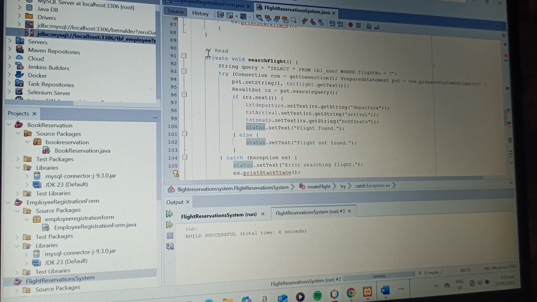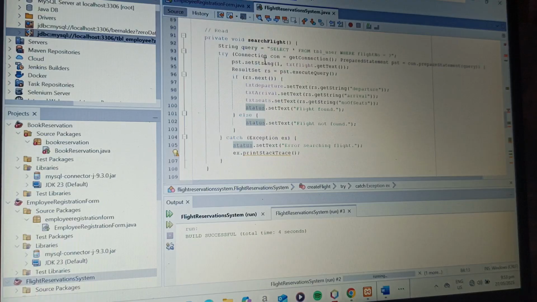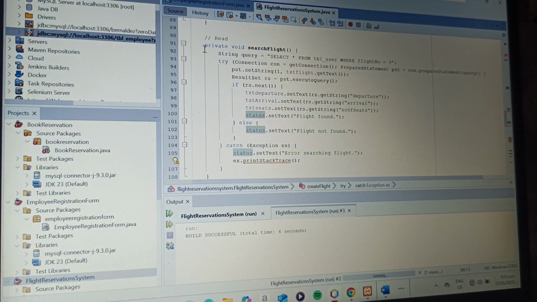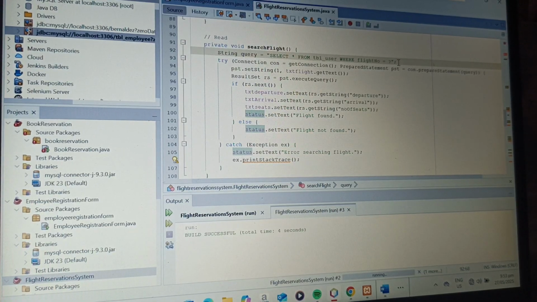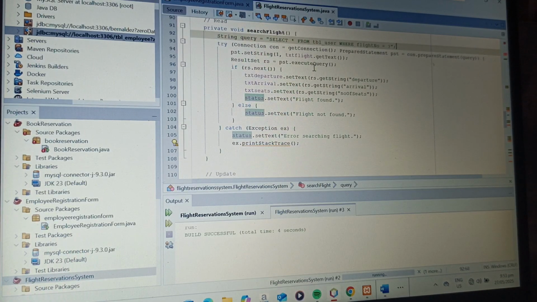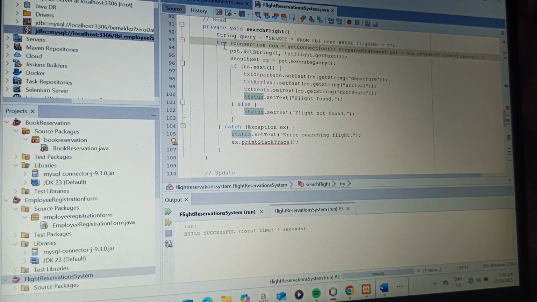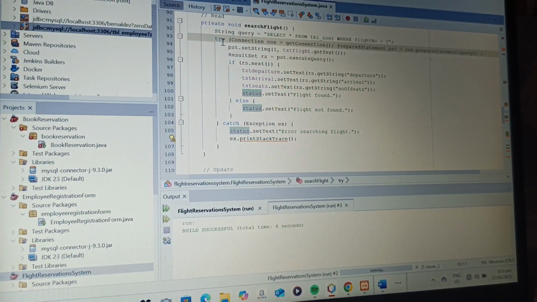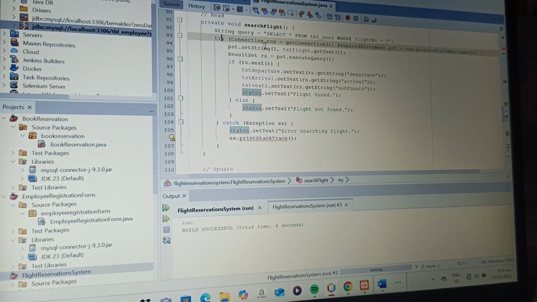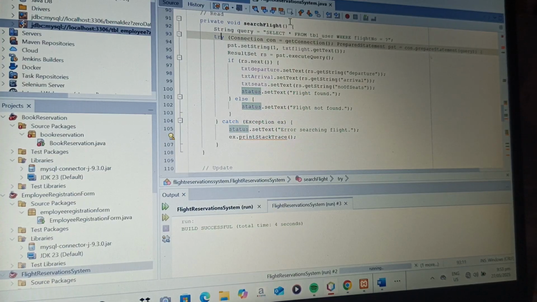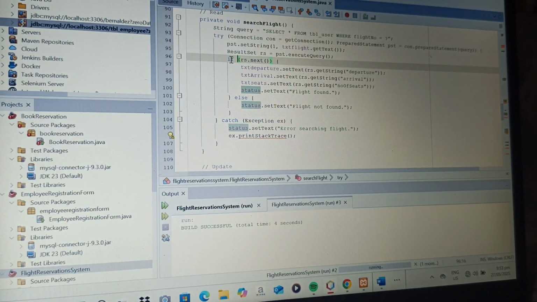So we have to move here to the read or search method. In this part, we have a prepared SQL select query to find a flight by its number. Then in this try, we execute the query and store results in the ResultSet.